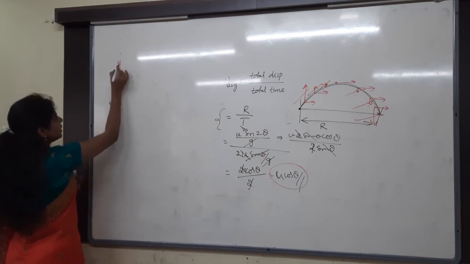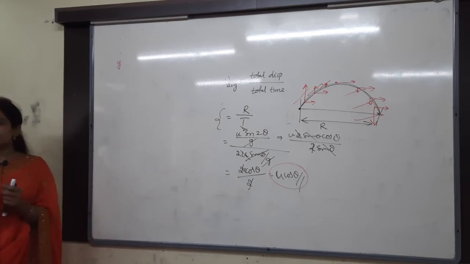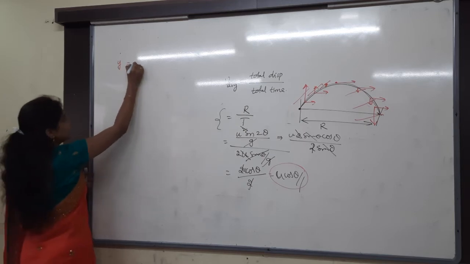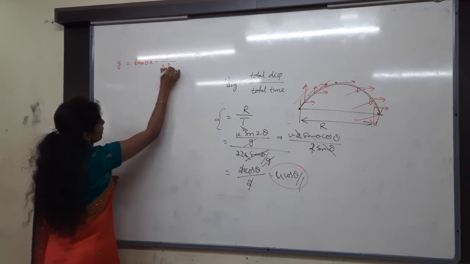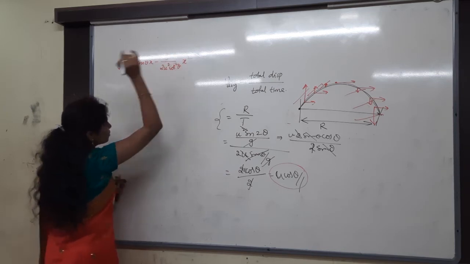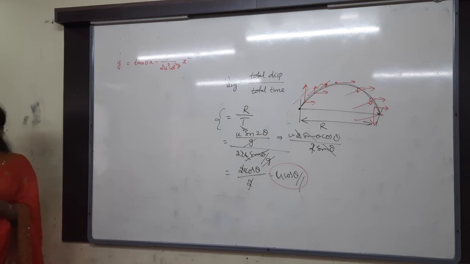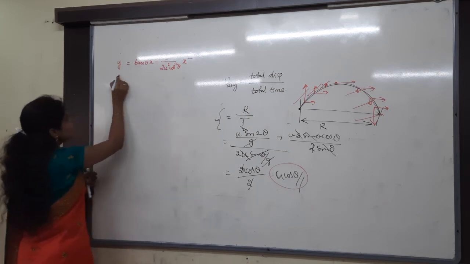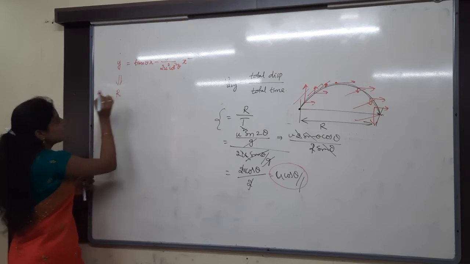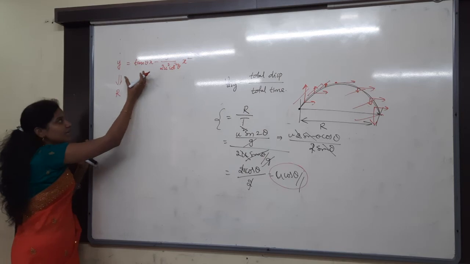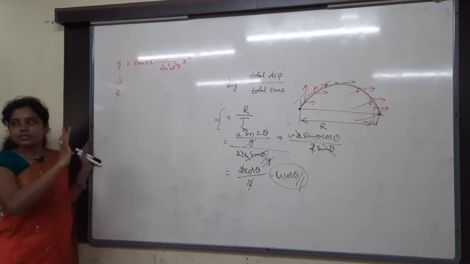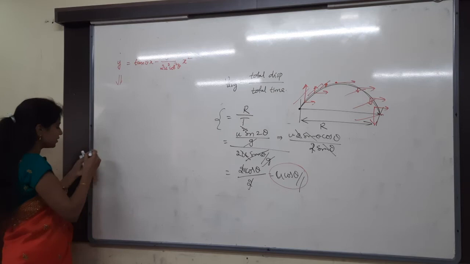So I am saying here, you have to take the y trajectory equation. What is the trajectory equation? y equals tan theta into x minus g by 2u square cos square theta into x square. You have to remember this formula. You may memorize it, but you should remember it. That's very important. Then this equation you have to get in terms of R. I will do the first step, after that you can continue.